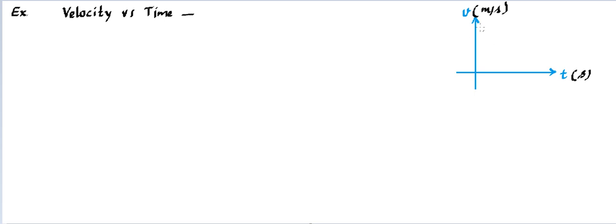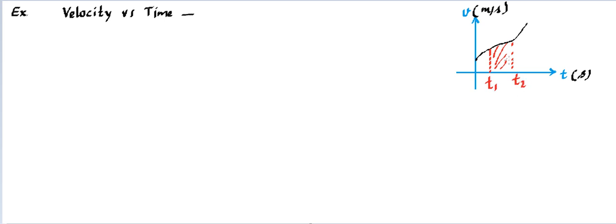So if a graph of velocity versus time is given to us, then we can think of some area. Let's say the graph goes like this, any graph, and we are interested in some part of the area. That means we are interested in this part of the area, and we are trying to find what this is. This is going to be a time value, let's say t1. This is the time value, let's say t2.